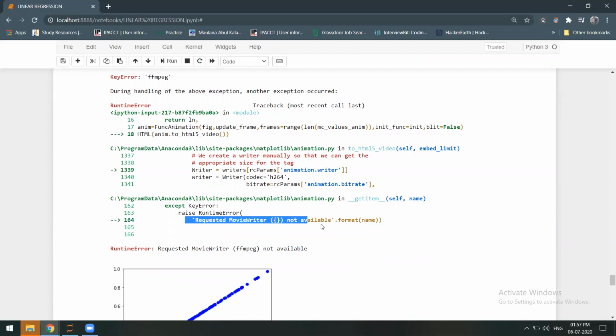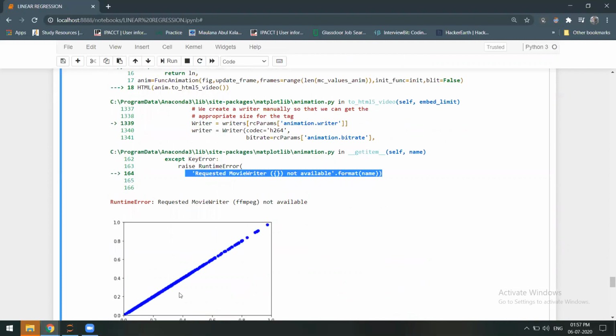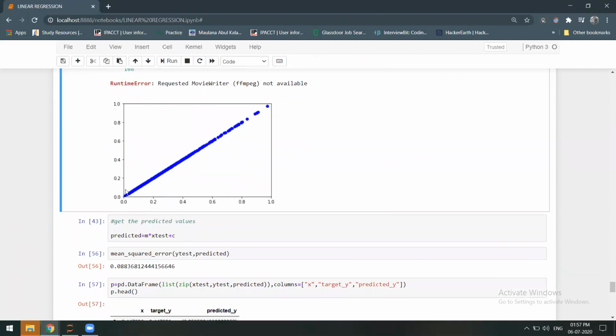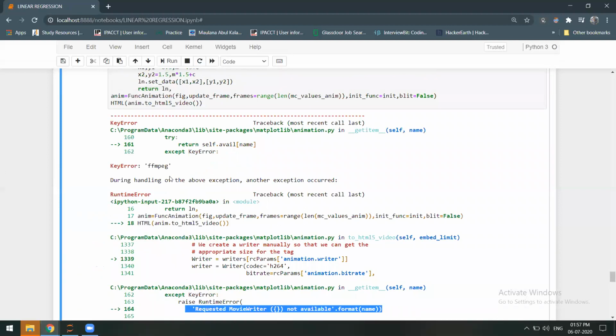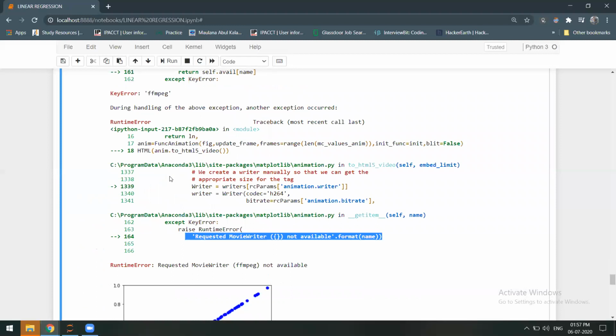But in the tutorial, I have seen that they can do that, meaning this line was animated, and it gradually comes and fits the data. So this was the main objective of this code.